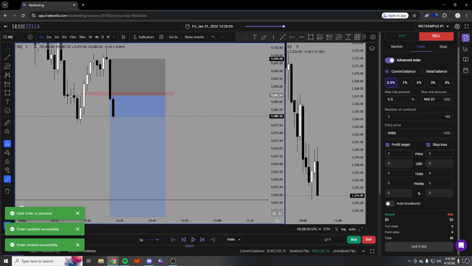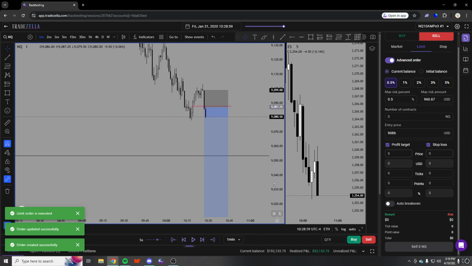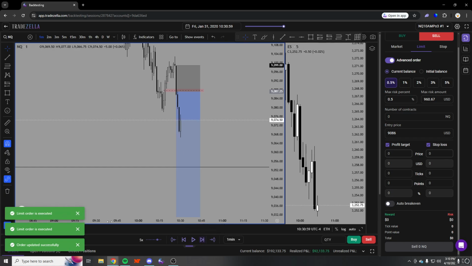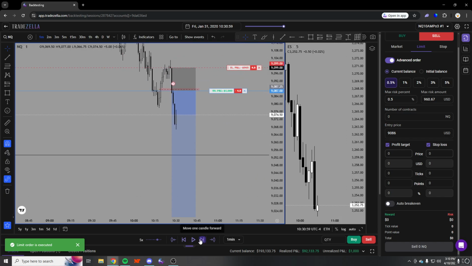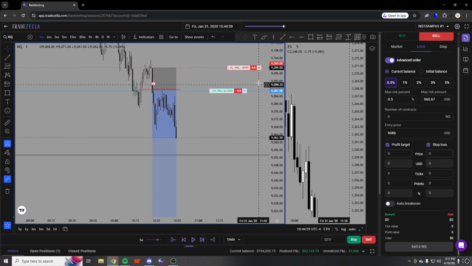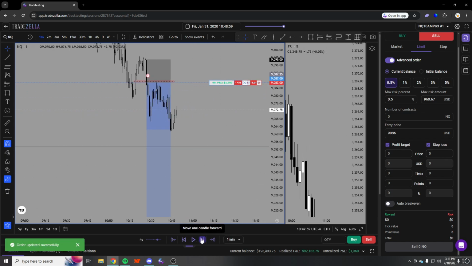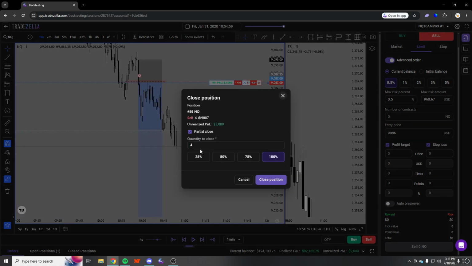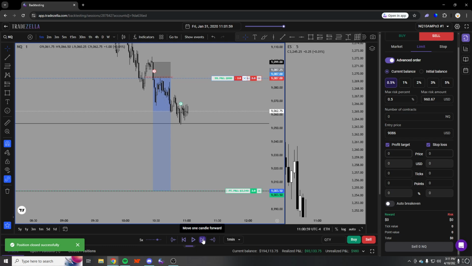Okay, so we get tapped in there. Perfect rebalance into the gap. Now, this should just send down, but again, I don't know where my order is. It's just spamming. Okay. Retested that inversion again. That's beautiful. Let's just go break even now. That's first TP. And then we can just run it down